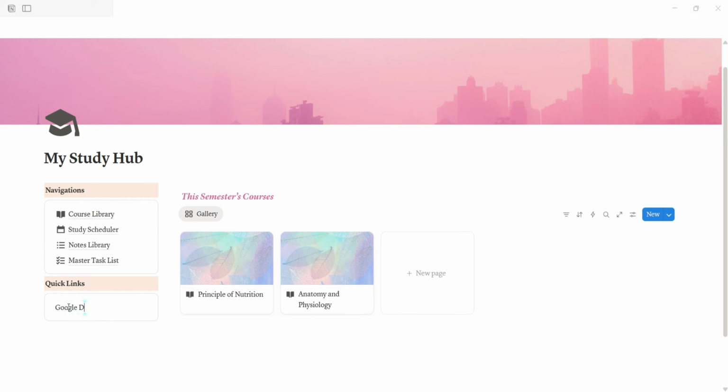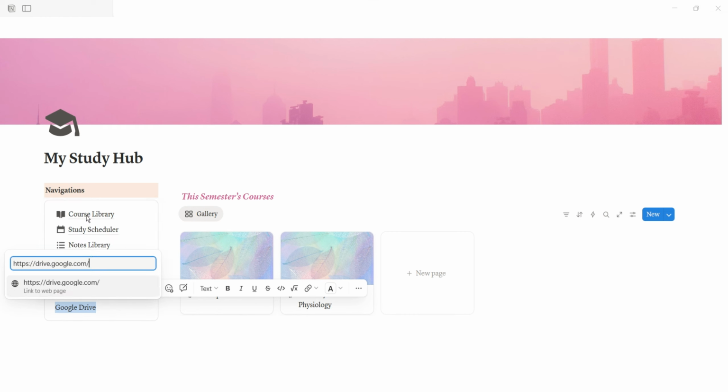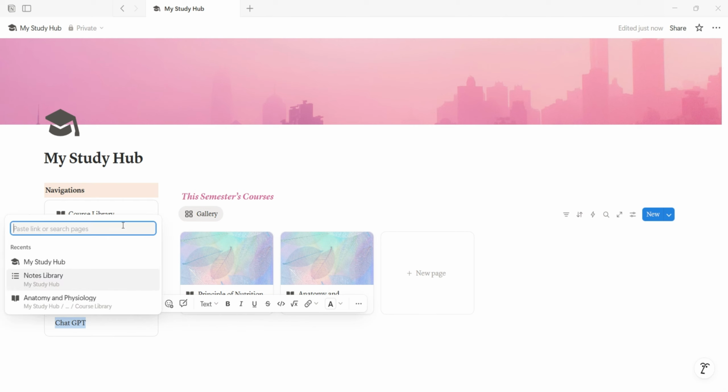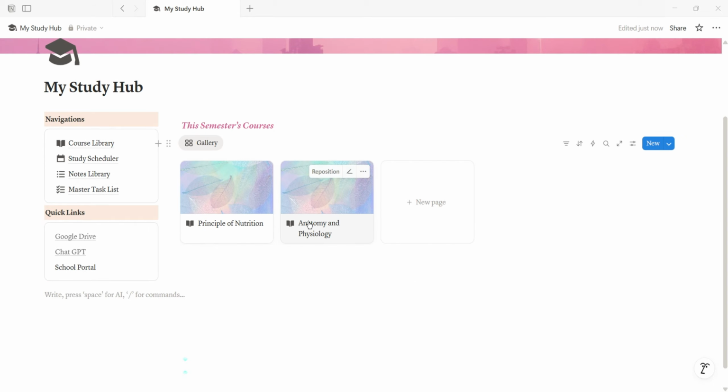To create a quick link, simply highlight the text you want and insert the hyperlink to the destination. In the second column,